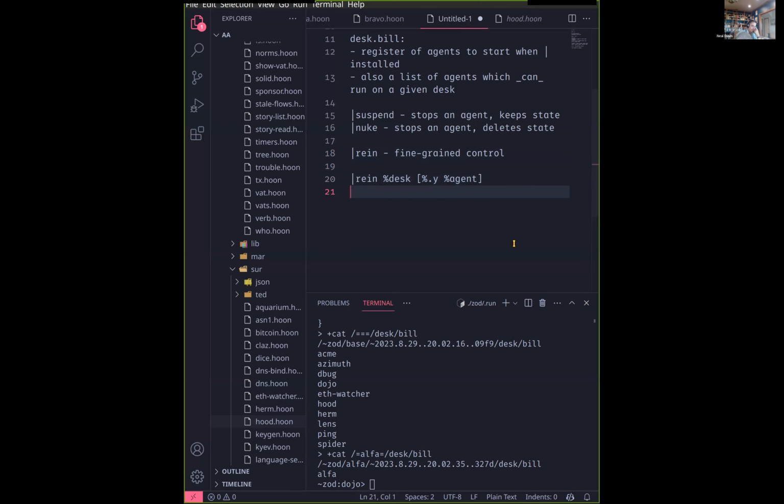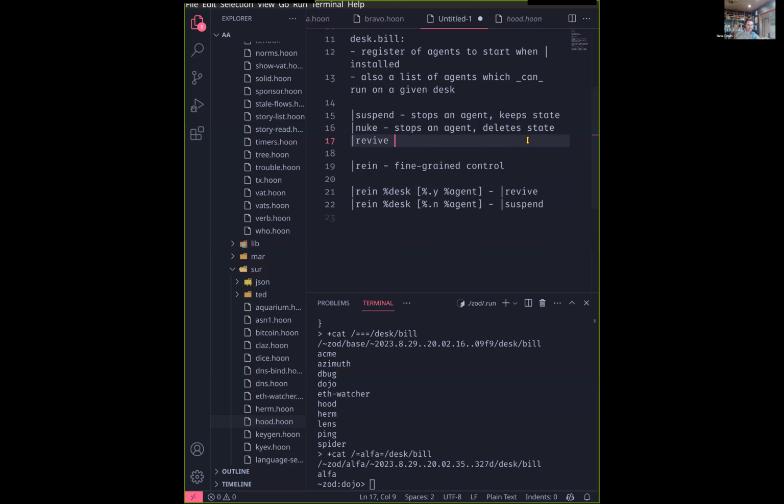So we're saying, on desk, start agent, or, on desk, stop agent. This should be equivalent to bar suspend, and this should be equivalent to revive. They've moved things around sometimes, and so I don't know if they're always exactly equivalent to each other. But broadly speaking, they should be equivalent. I should include bar revive here too,